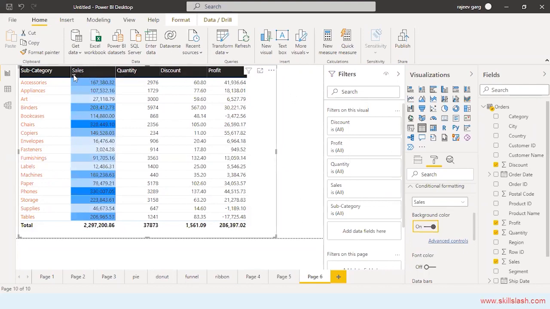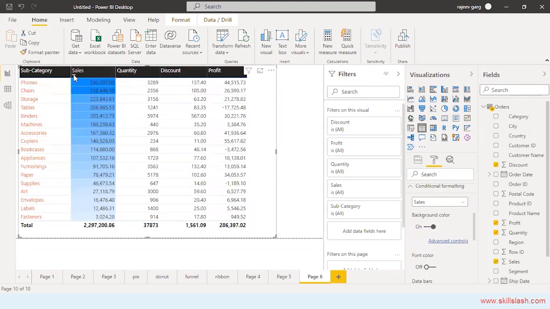Let me click over here. So darker color indicating the higher sales and a lighter color indicating the lesser sales. So automatically it has given you the colors over here, darker to the lightest, indicating the sales value over here, right? Then I also want to do some conditional formatting on the quantity. So let's take the quantity we have. Let's take the data bars over here.